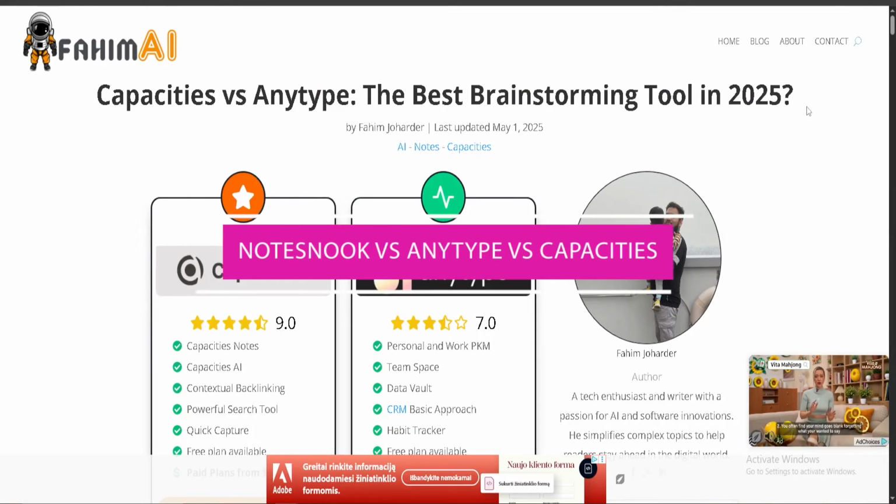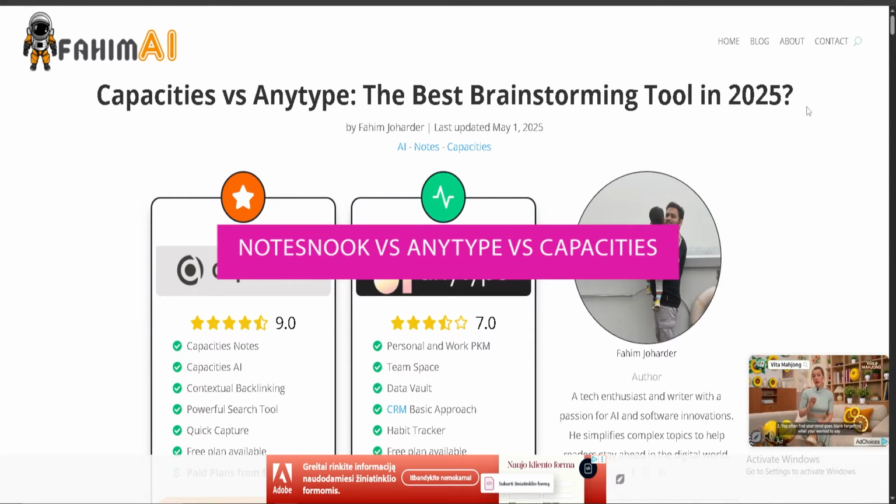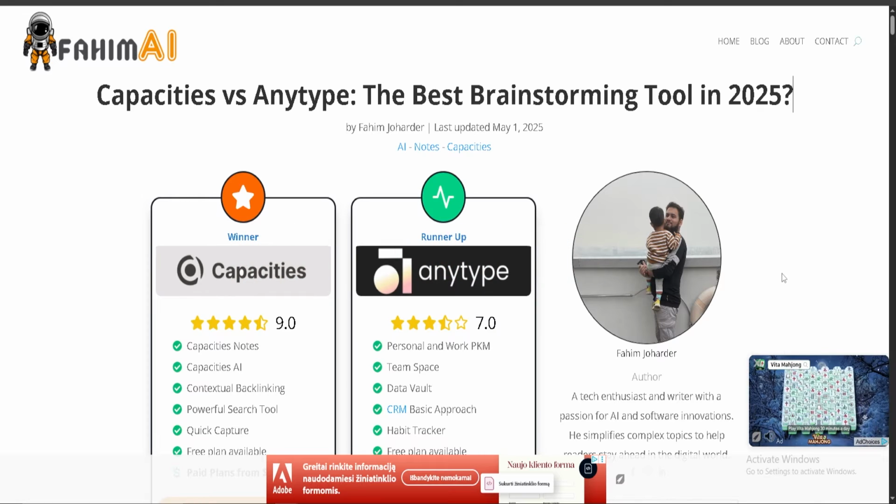Hello, I'm going to compare Notesnook versus Anytype versus Capacities, which note-taking application is better. So all three are privacy-focused note-taking apps. Notesnook emphasizes encryption and simplicity, Anytype uses a local-first, graph-based approach, and Capacities focuses on daily notes and connected knowledge